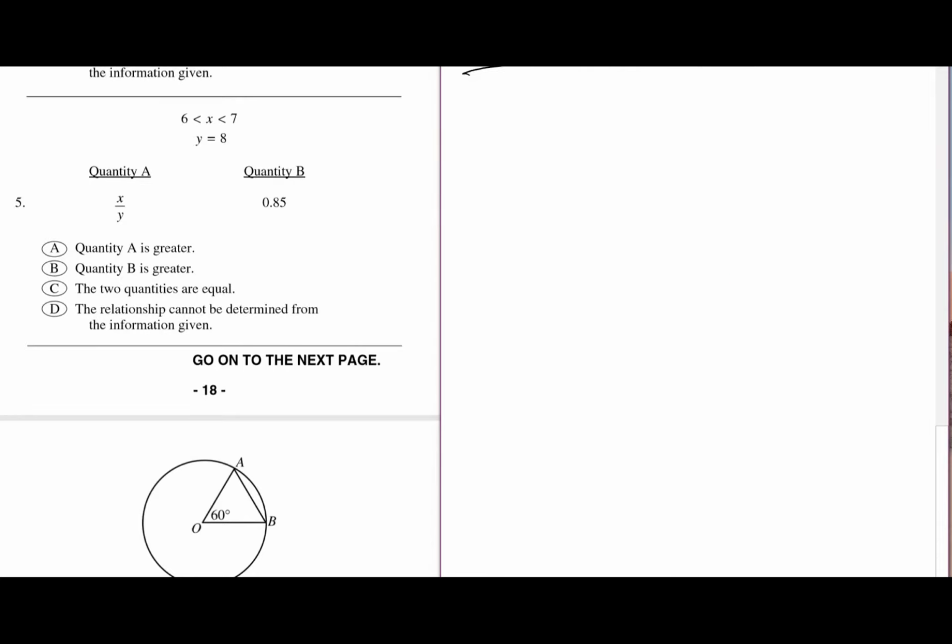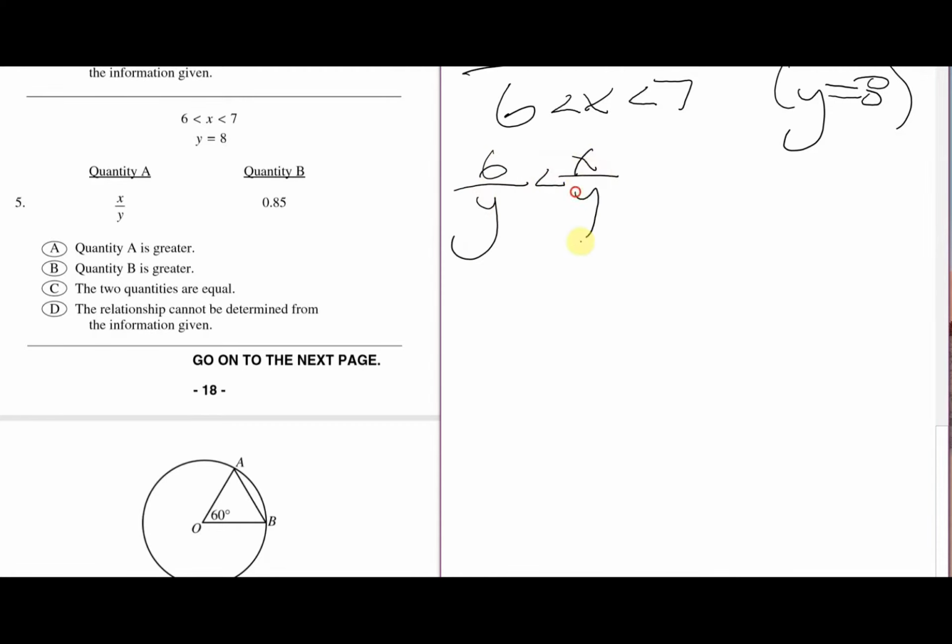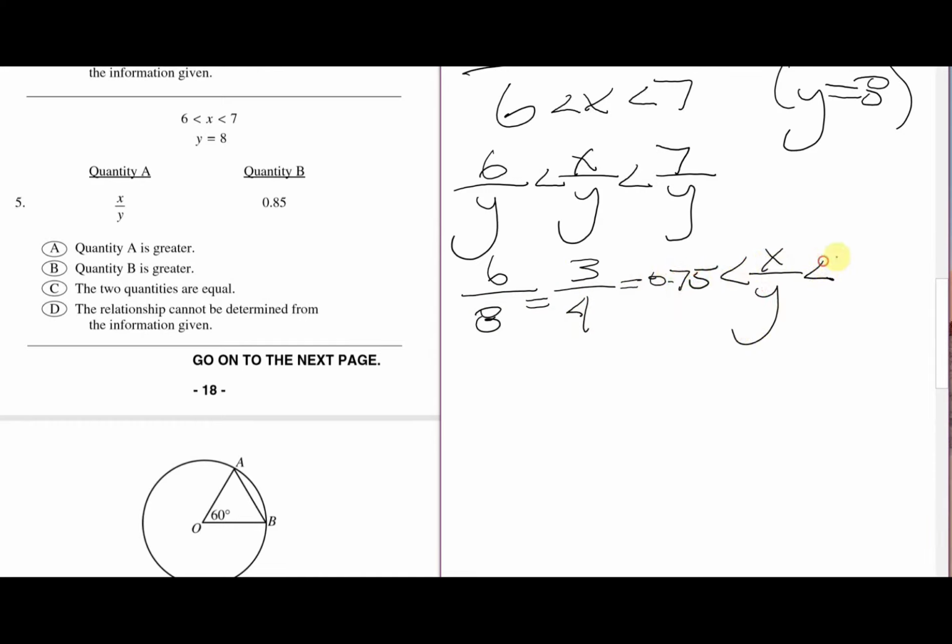We're going to focus on the given information. We have 6 is less than x, less than 7, and we also have y equals 8. So if we divide all sides by y, we have 6 over y less than x over y less than 7 over y. Because y is 8, we have 6 eighths, which equals 3/4, which happens to be 0.75, less than x over y, less than 7 eighths. So we already know right here,